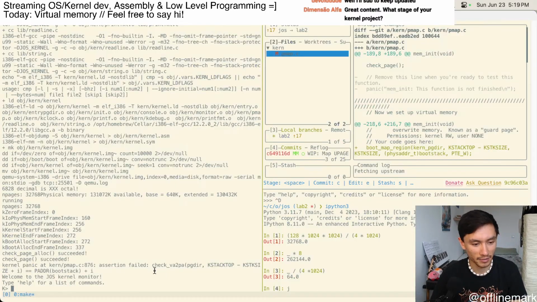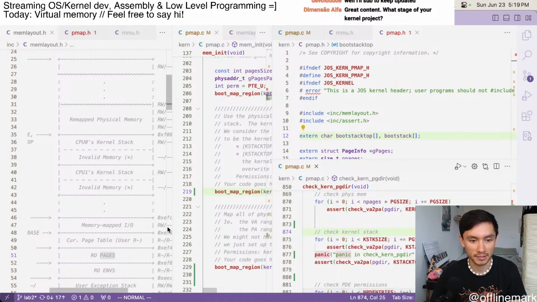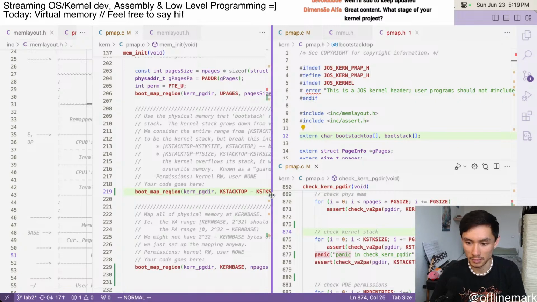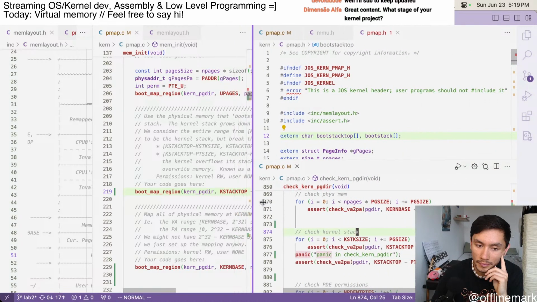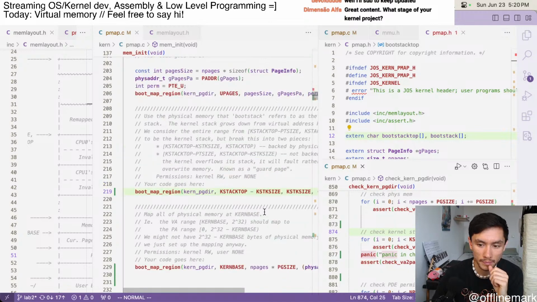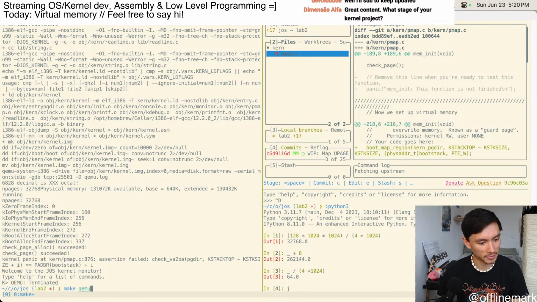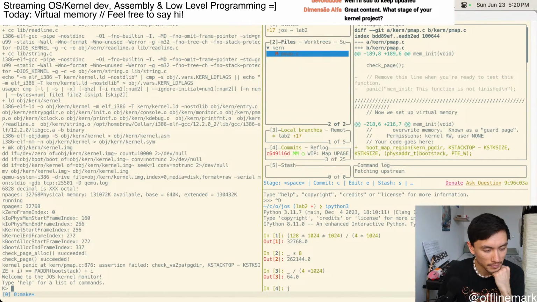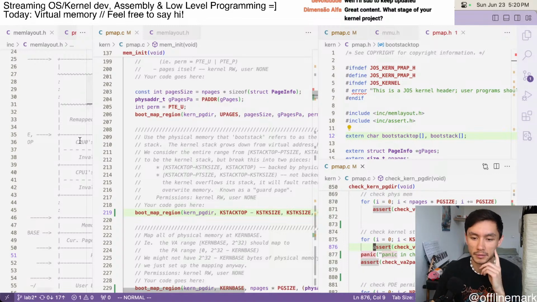So this assertion is failing. 876, right? Assertion failed. I'm actually kind of surprised because I thought I did this. So that means I have some mistake. Just to make sure it's really failing at 876. Okay, what do I do? So the test is checking